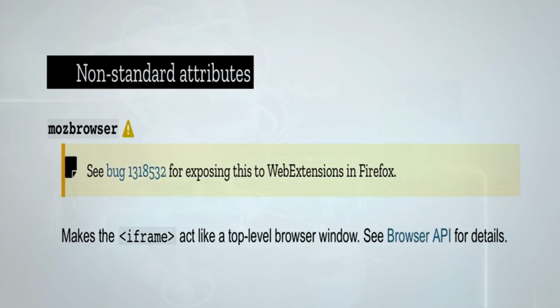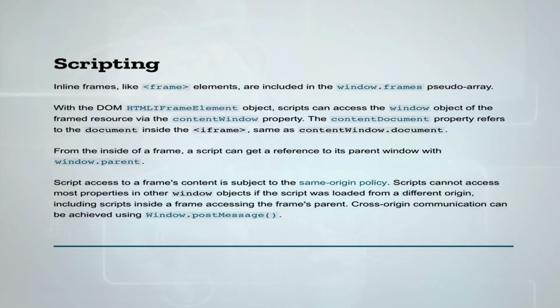Now let us move to scripting. In the case of scripting, inline frames like frame elements are included in the window.frames pseudo-array. With the document object model's HTML iframe element object, scripts can access the window object of the framed resource through the contentWindow property.